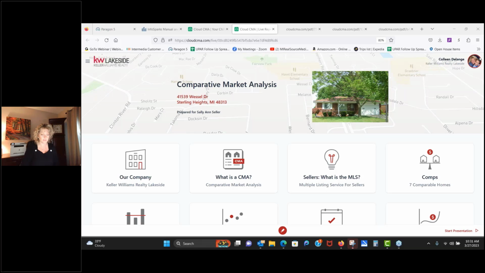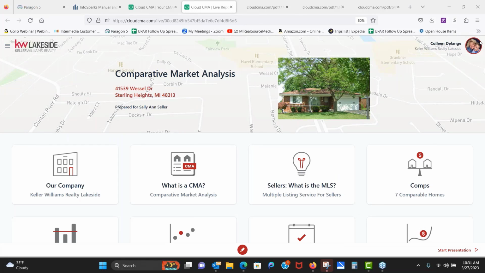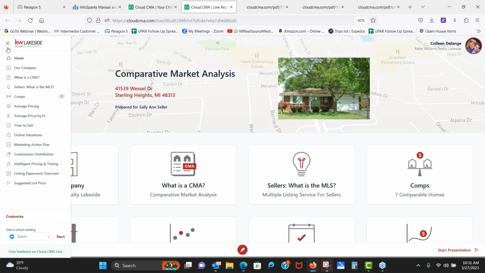So this is the interactive version, and this is going to give you some features that you don't have in the traditional Cloud CMA. One of those features, and what actually got this out a lot quicker, because they were designing this for quite some time, however, what actually brought this to the forefront was the pandemic. With the COVID pandemic, they realized that more agents needed a way to work remotely and to present their CMAs remotely. So if your client is in Florida on vacation, or they're not feeling well and you still want to present your CMA, at the bottom of your interactive CMA,